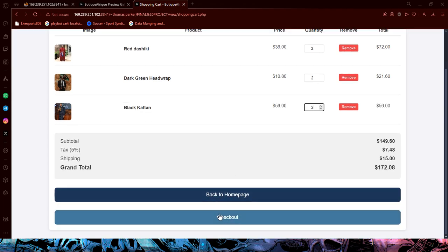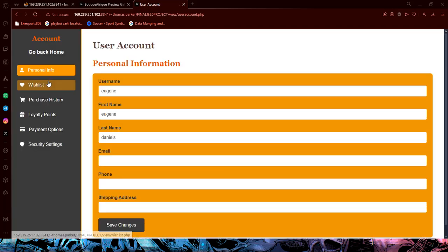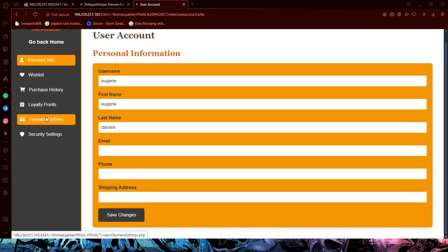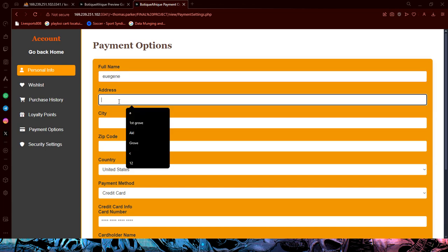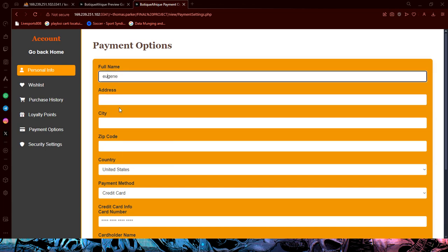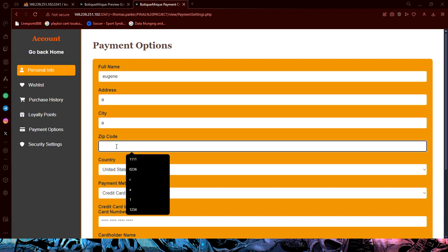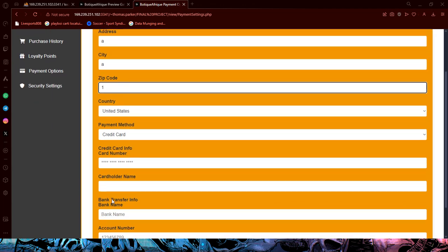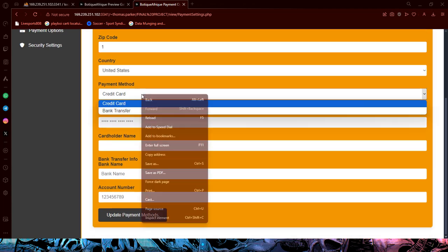But I can't check out yet because I don't have user details. So, payment details. I'm going back to my profile to update my payment details. I go to payment options and put in my new details. I'm just going to maintain my name, but change my address, my city, and use this zip code. And for the payment, there are two types: credit card or bank transfer, as you can see